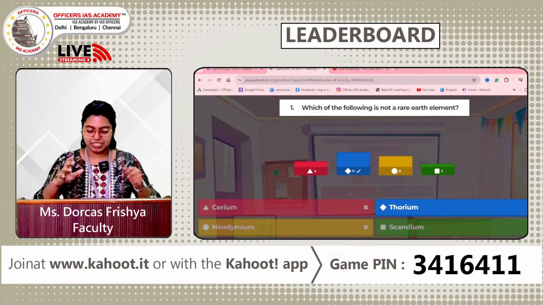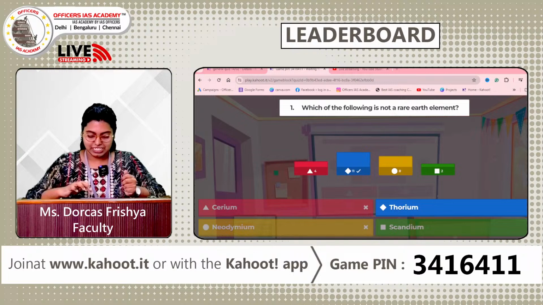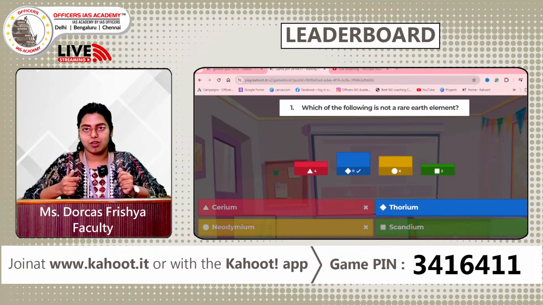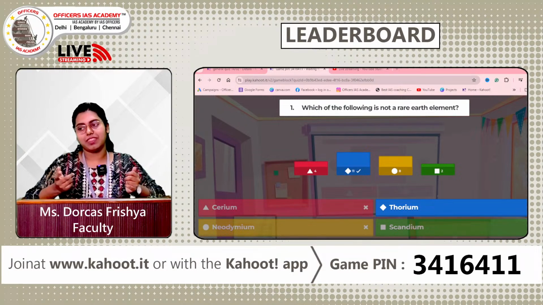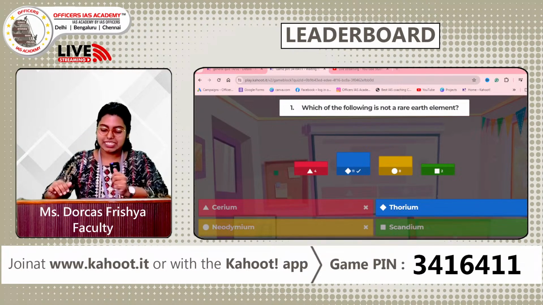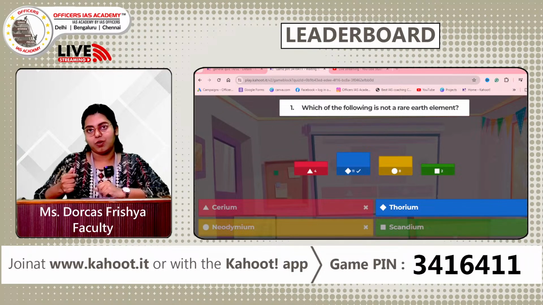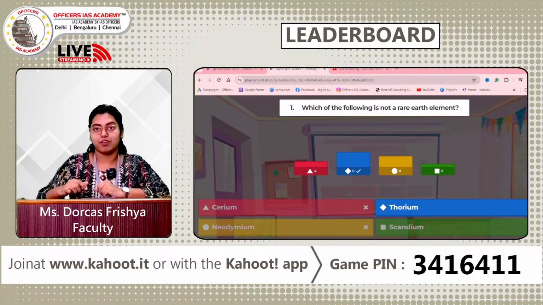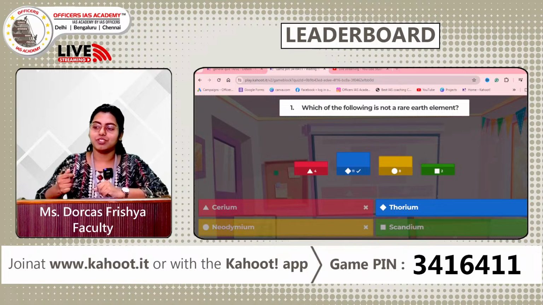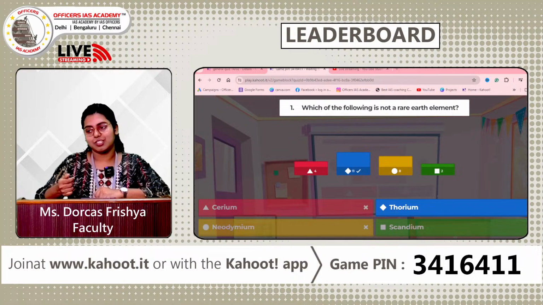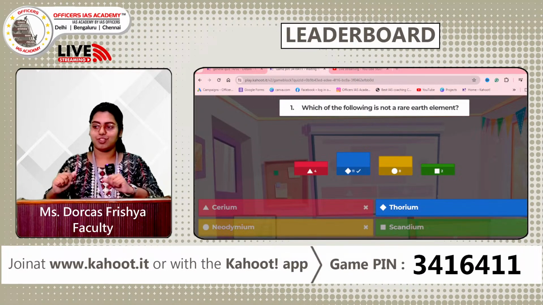Now what does this particular rare earth element mean? It means that it is a critical ingredient for the greener economy. So what supports the greener economy comes under this particular element, that is rare earth element. Okay, and also it acts as a catalyst and magnets in traditional carbon technologies, I would say, and it is also used as an alloy in making glass or any high performing electronics. Okay, so apart from the other 3 options, what is not a rare earth element is option B, that is thorium, and therefore your answer is thorium.